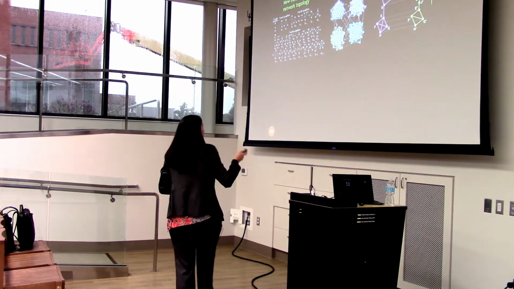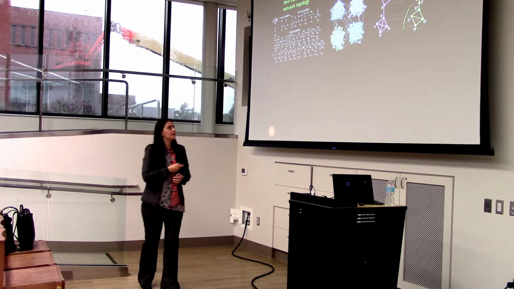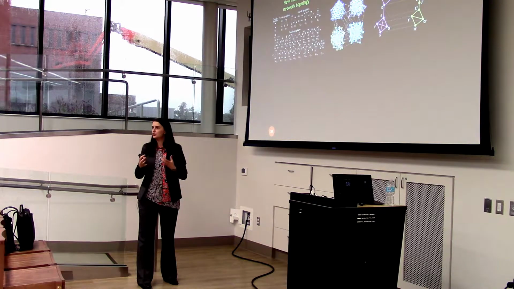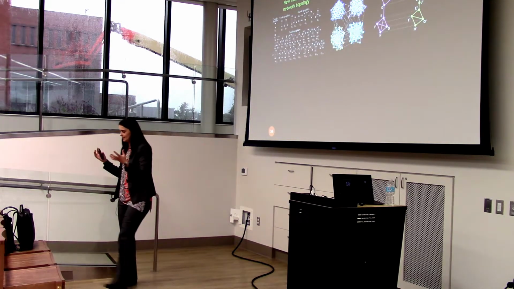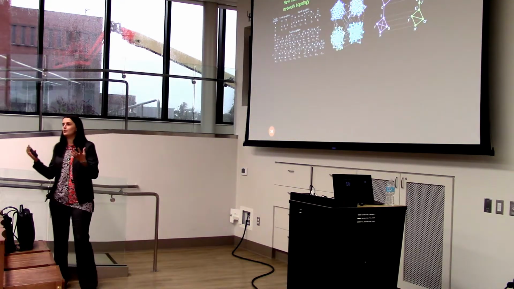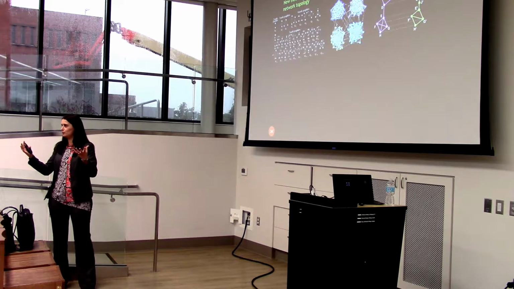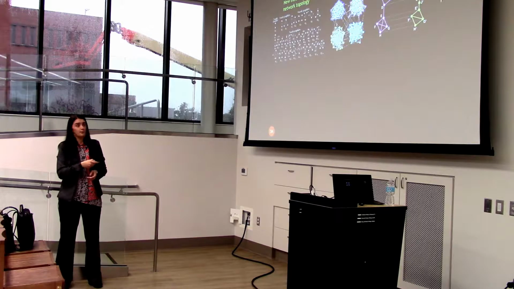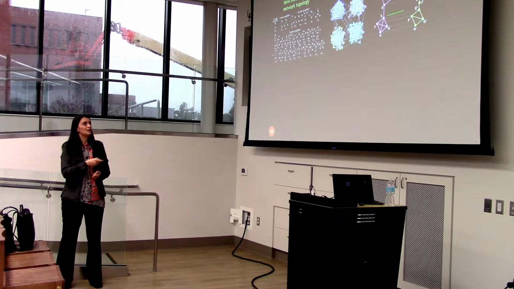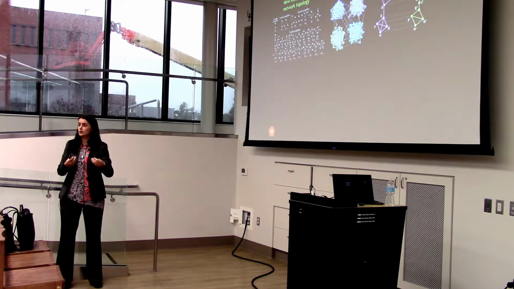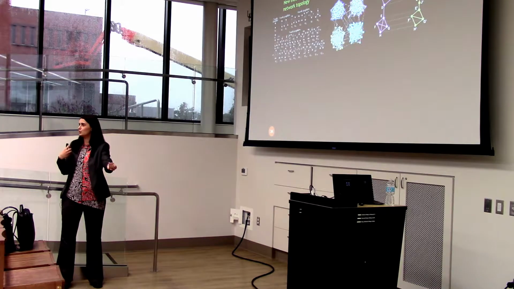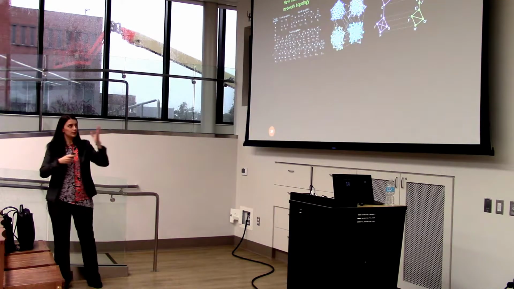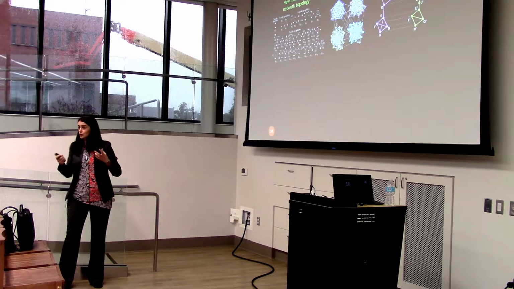I'll touch on this topic a little bit more in detail, but the bottom line is when you have two networks, Facebook and Gmail, you don't know which Facebook account has which Gmail address, or Gmail and cell phone numbers. You don't know which Gmail address is associated with which cell phone. Well, now we do because of advances in technology. In biology, this could be a network of one species and a network of another, and you really don't know what gene in one species corresponds to what gene in another species. There are hypotheses, but it's directly related to the notion of alignment.